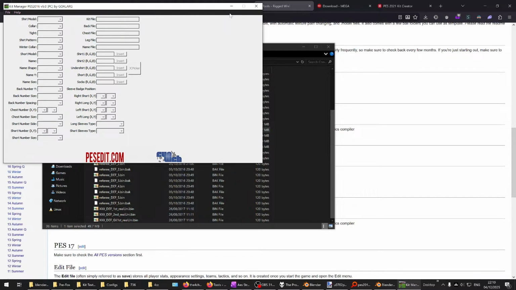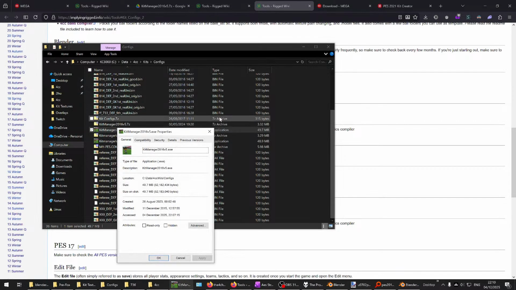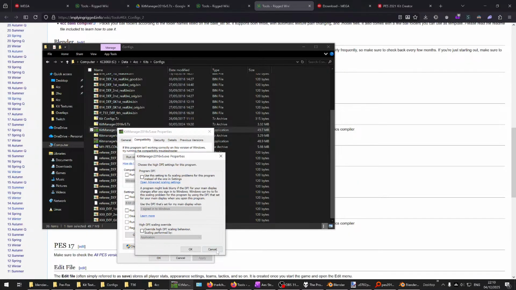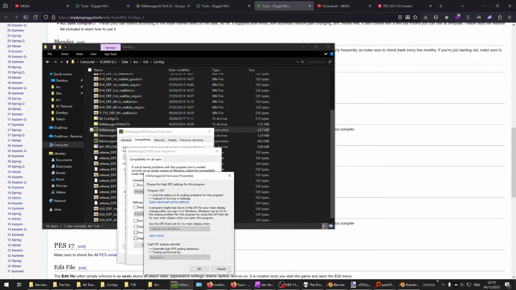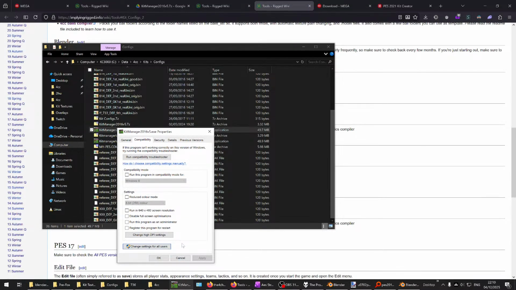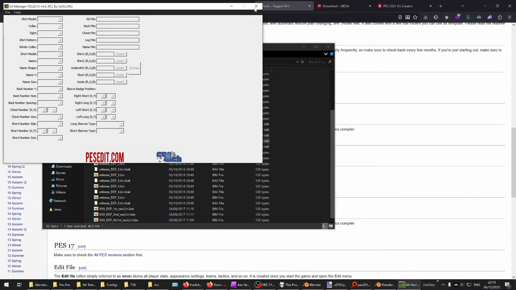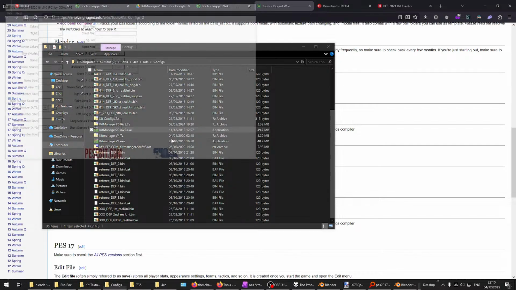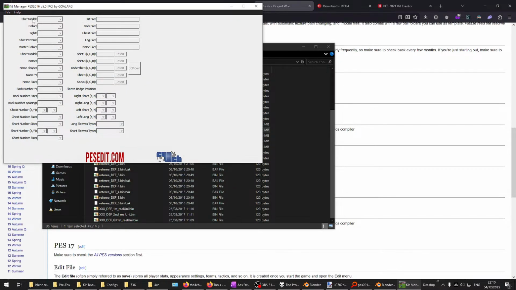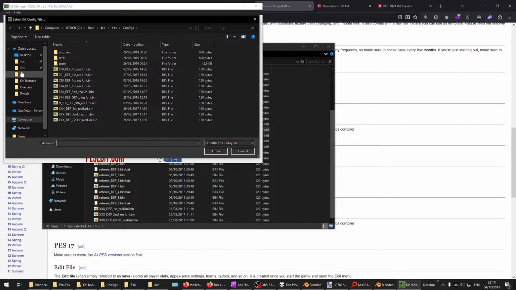One thing about this before I even start. Let's see, are you sure? Let me check something. Okay, never mind. I saw these were one of the programs in which you have to change the high DPI settings if you're using a large monitor or a higher definition monitor, let's say. Otherwise it would look weird. No, it looks fine. Okay, so this one here, you see you got shirt model, color and stuff. I'll open, and we open